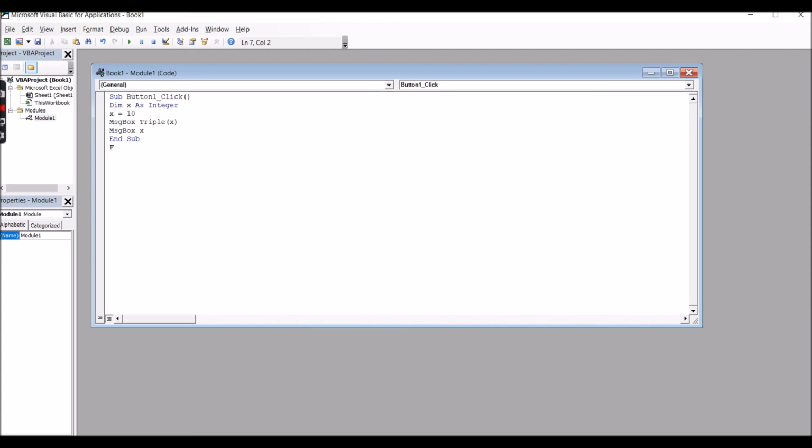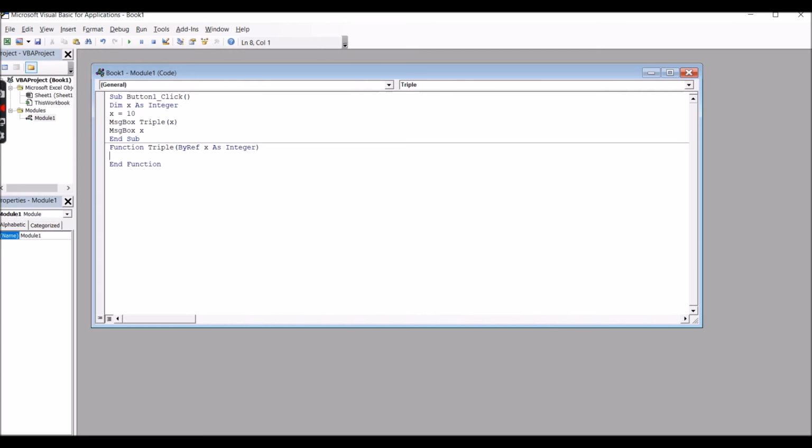After that, I have to write the Function. Function Triple. Triple and Triple should be the same, because both are the same. After that, ByRef X As Integer, bracket close, enter.